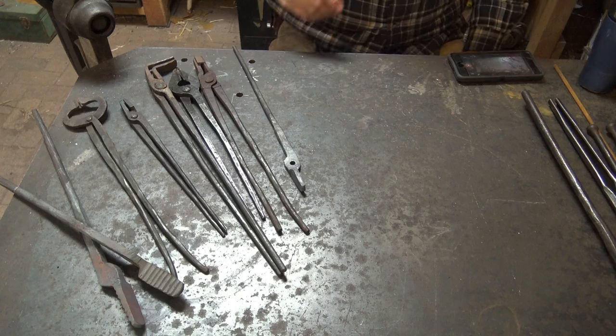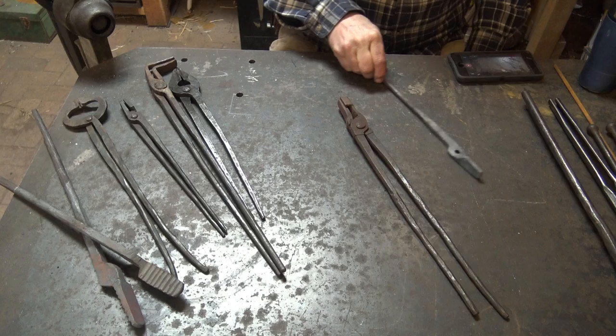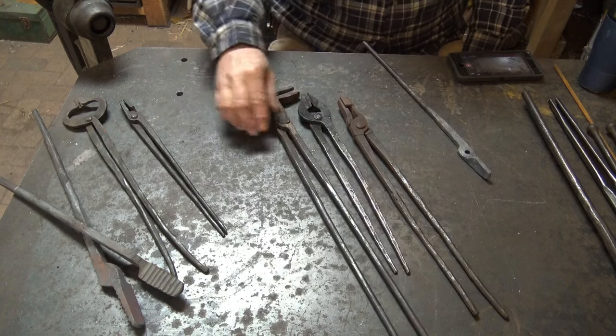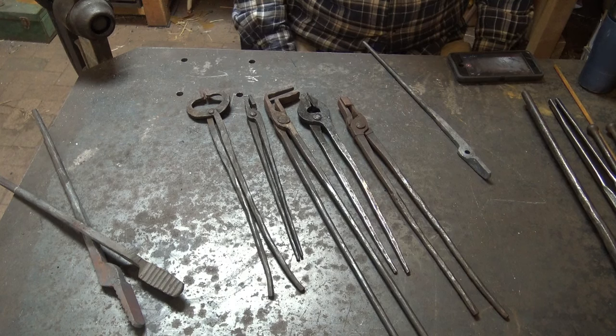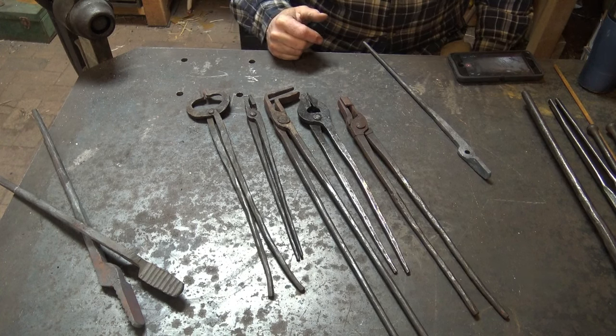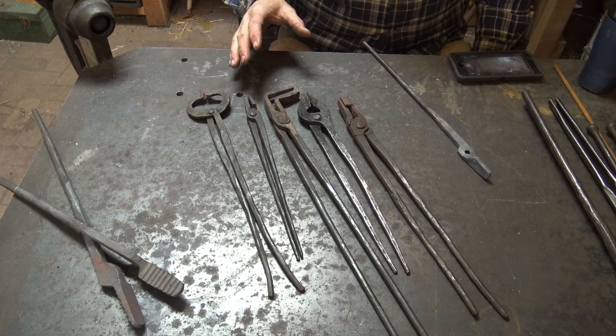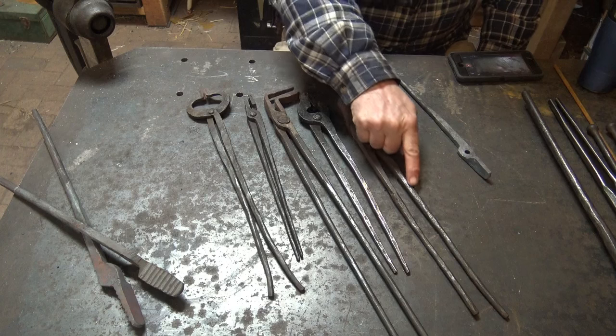So that brings us to what kind of tongs can you make? Now these are all tongs that I have made for one purpose or another. And there are lots of different ways you can go about making tongs. And we will discuss different methods and different styles of tongs in more detail as we get deeper into tong making. And then we will cross over the tong making in our forge welding series to weld the reins on the tongs